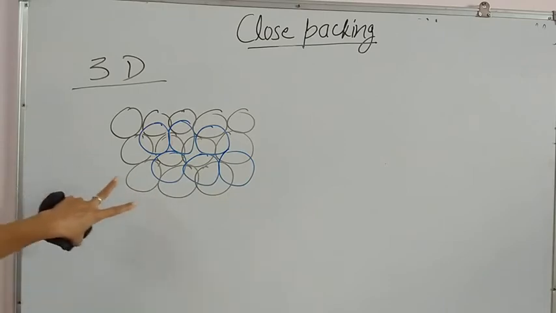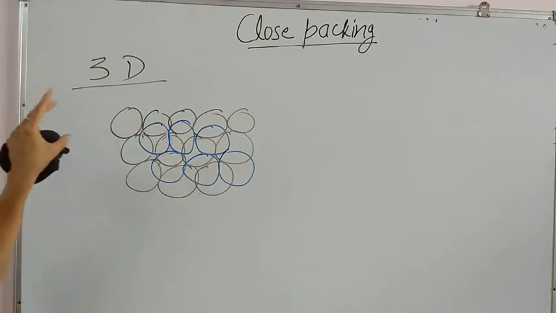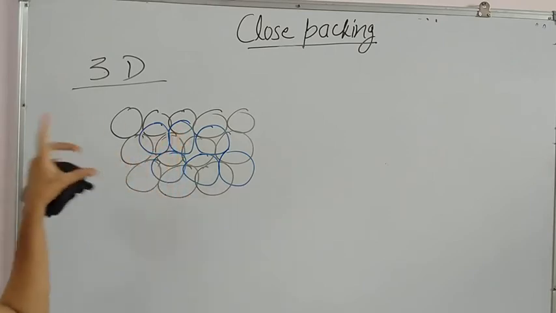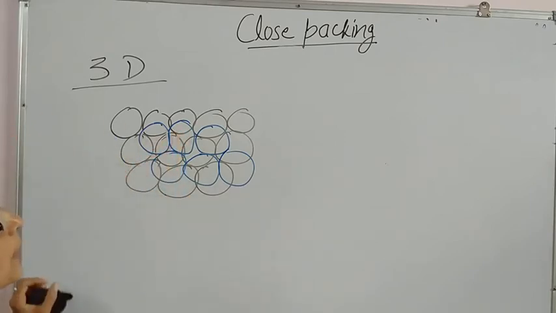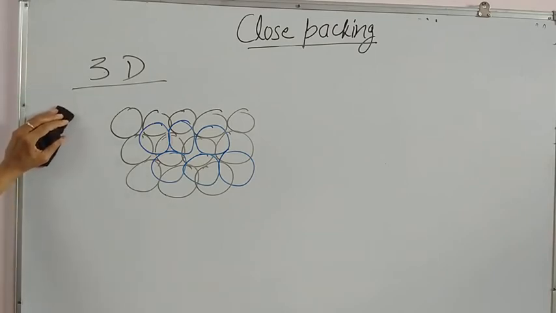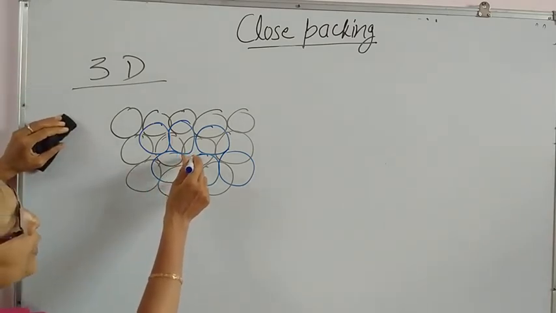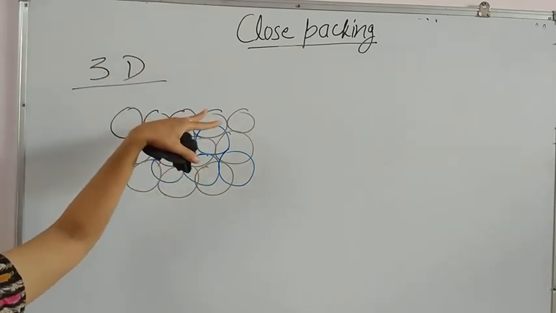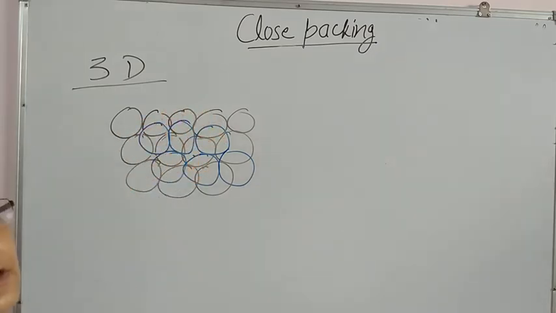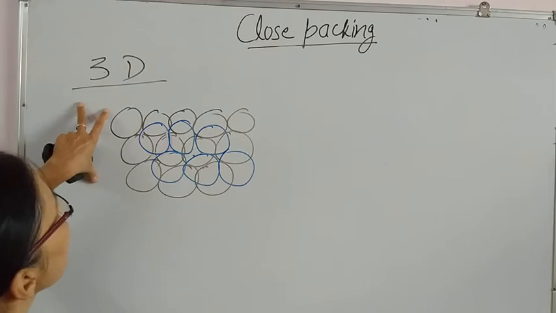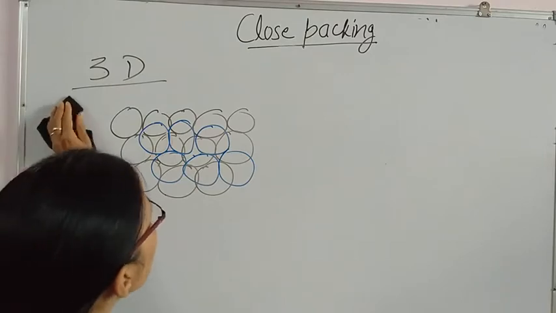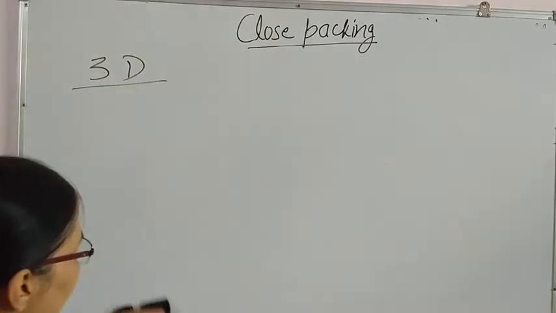So these blue colored circles are the second layer and this black one is the first layer. So we are covering one type of this trigonal void or vacant place. So we are getting two layers. There are two options for the third layer. The third layer can occupy this type of void which is formed by 6 atoms, or the second type of void which is formed by 4 atoms. Means there are two options for the third layer. The third layer can be arranged in such a manner or in a different manner.